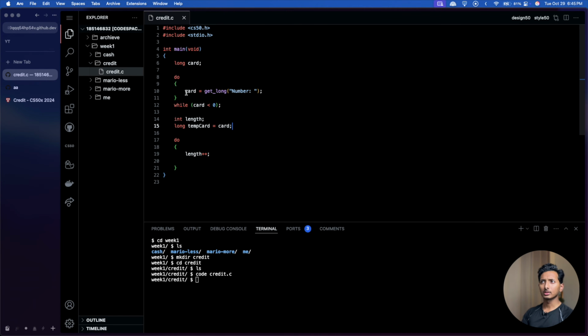The reason why I'm doing this is I want to preserve the value of card that is entered by the user, because I also want to use the real value for later purposes when I create new logic later on in the program, because this program is going to be pretty long. So I'll create a temporary variable called temp card, which stands for temporary card. You can use any other variable that you want, but this is easy to read. And what I want to do is I want to say temp card